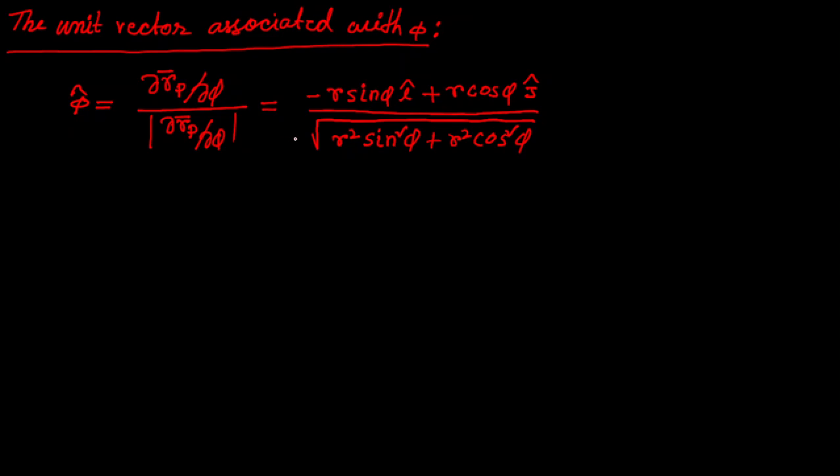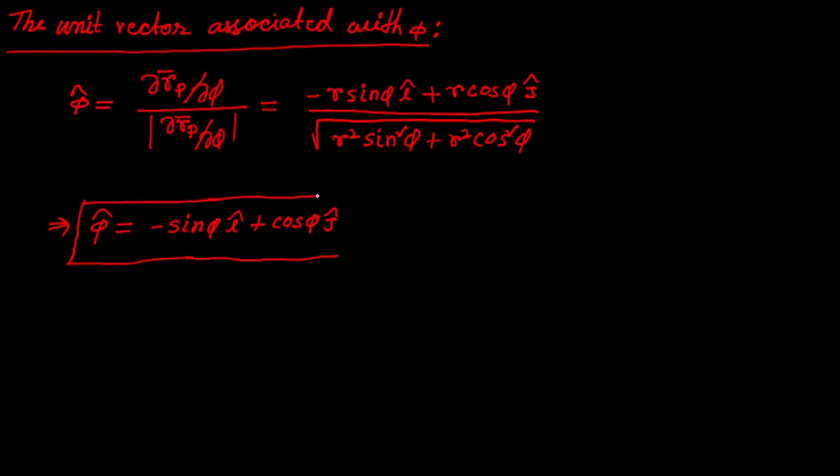and when you take it outside the square root it will give r. In the numerator also you can see both terms have r, so r will cancel out from the numerator and denominator. In the denominator we get sine square phi plus cos square phi, which gives 1. So finally phi cap is equal to minus sin phi i cap plus cos phi j cap,